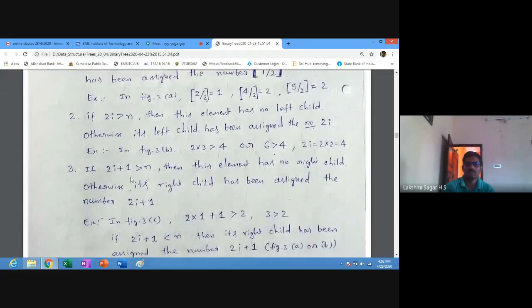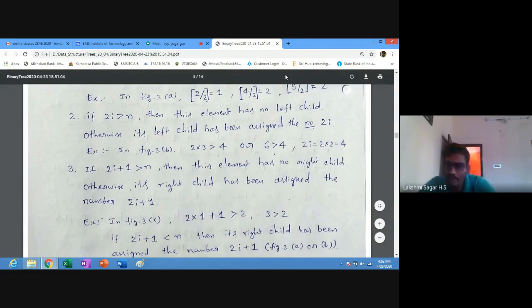Next, this one you check: if 2i plus 1 is greater than n, then this element has no right child. Otherwise, its right child has been assigned the number 2i plus 1.